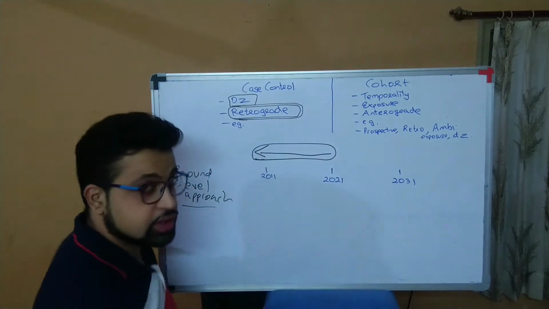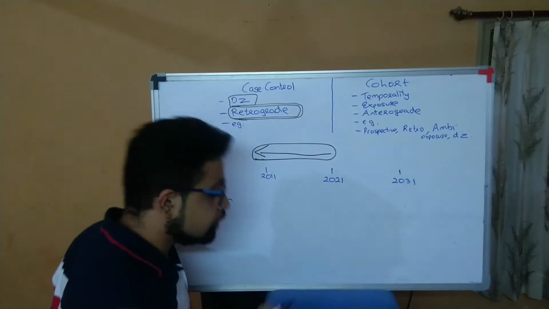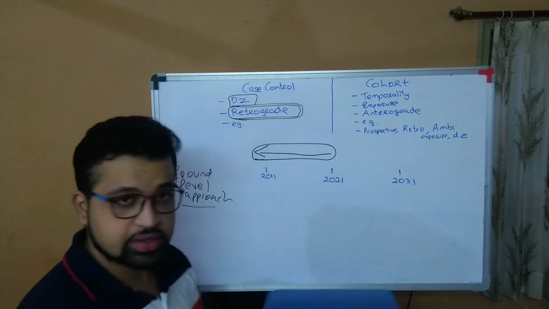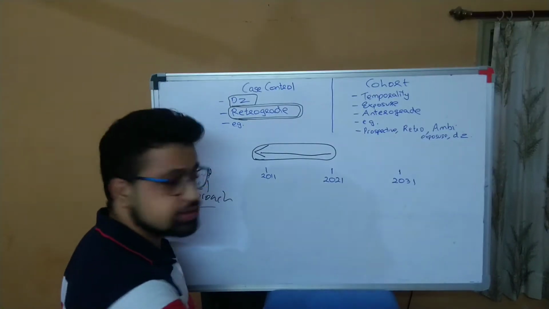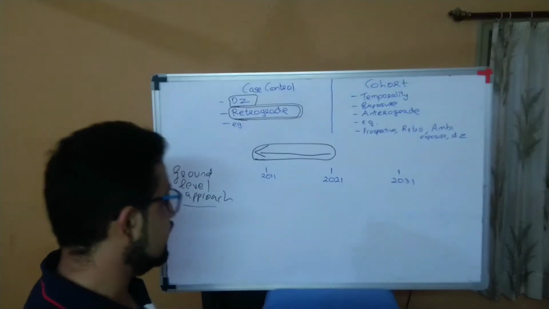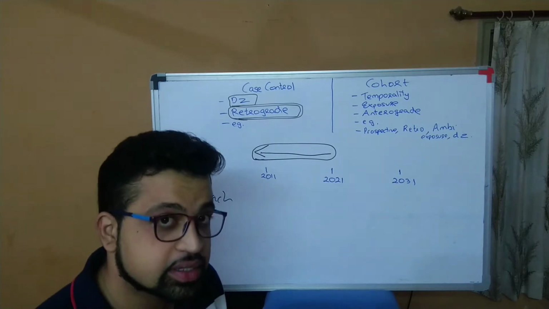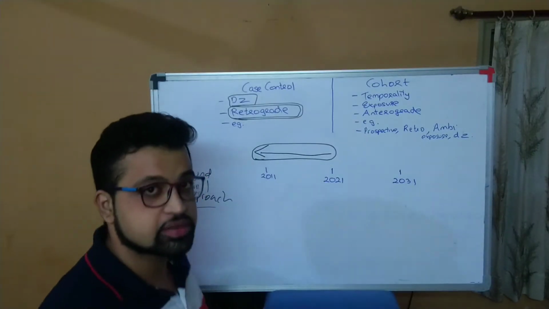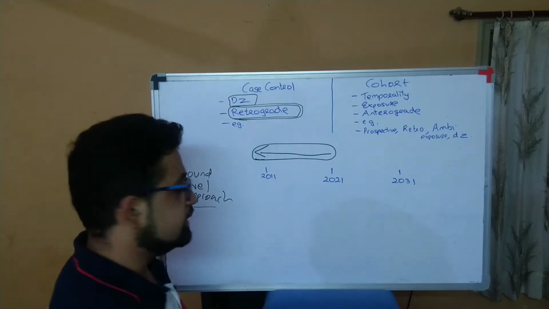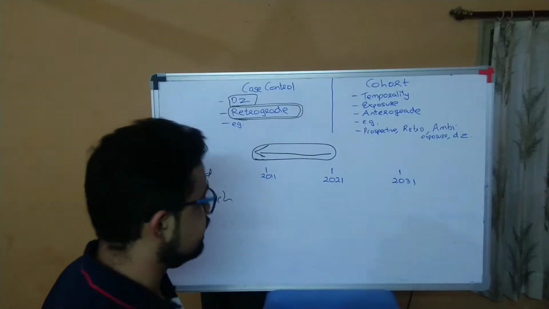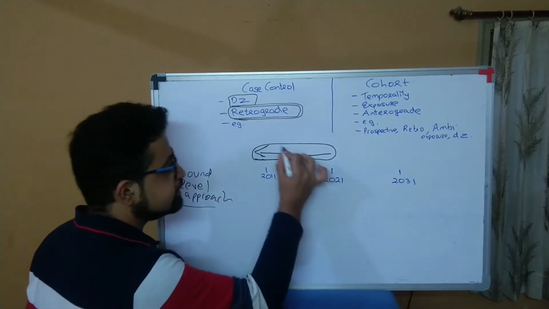The direction is important. You are going retrograde. So what will you do? You will be asking them questions. You are studying smoking as a risk factor for lung cancer, so what will you ask them? In 2020, how many packs of cigarettes did they smoke? In 2019, how many packs? In 2018? In this direction. Additionally, you can ask some other things as well, like family history and all those things. And this is the direction.